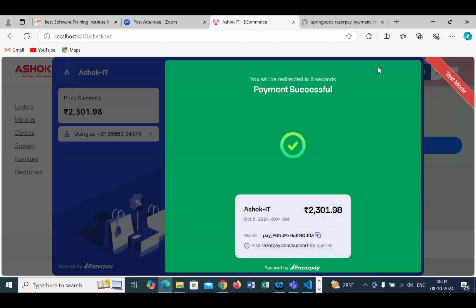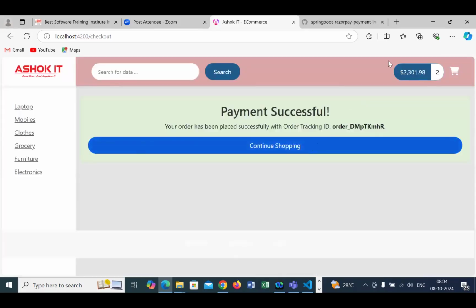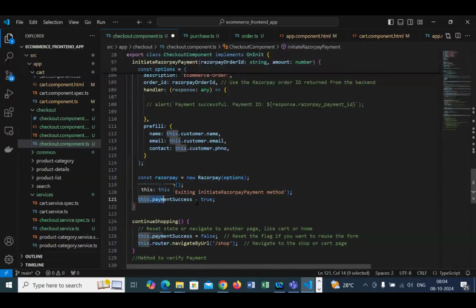Now what happens? Once this payment is completely done, we are doing a validation. Okay, we're doing a validation. This start payment success true. Okay. So in Angular, what I'm doing